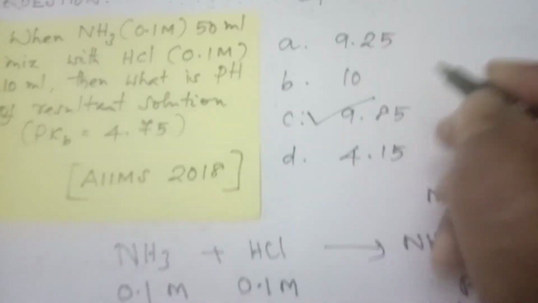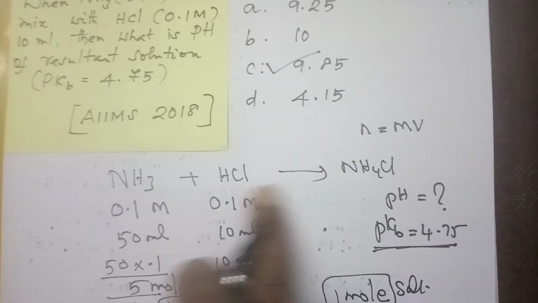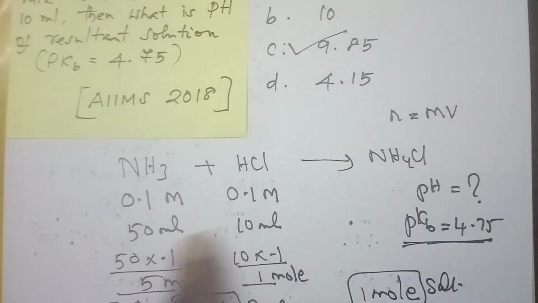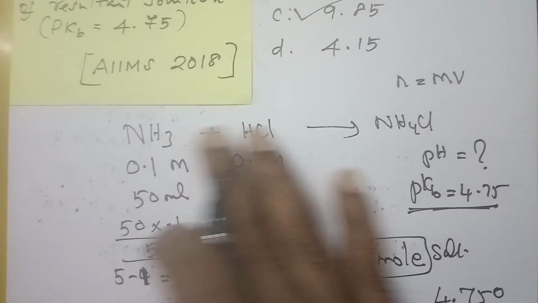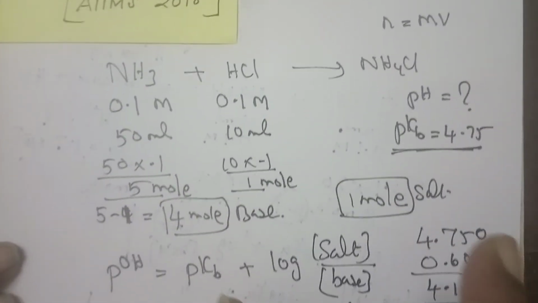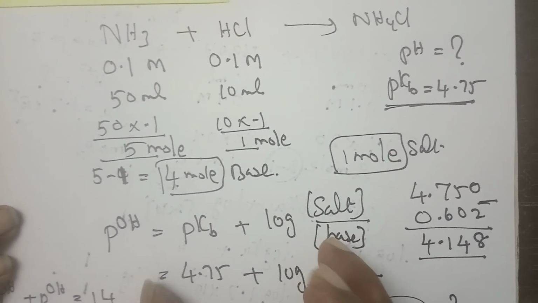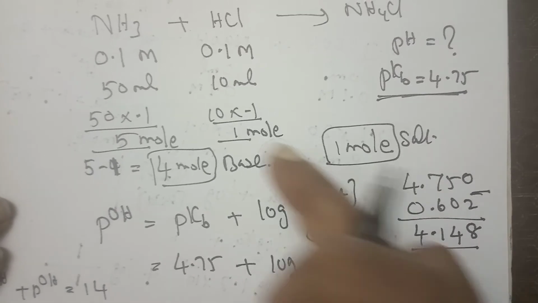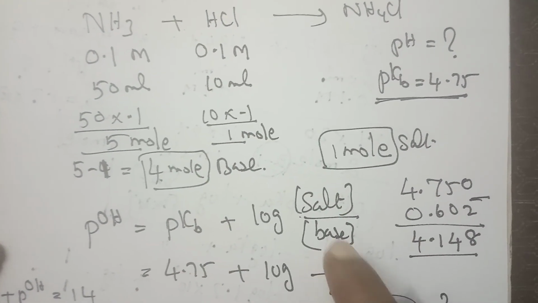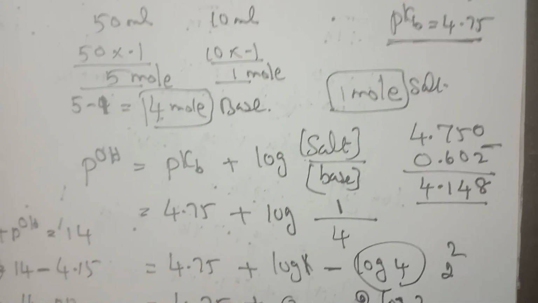So this is the way we approach it. Let me repeat again. The data is given, you write the equation. From the volume and molarity, find out the number of moles. Complete the stoichiometric calculation here. This is given in addition in AIIMS. Then they give the Henderson equation. You should know how to apply the concentration from the stoichiometry to this. This is the tricky point where we require additional knowledge. The remaining part is everything over.